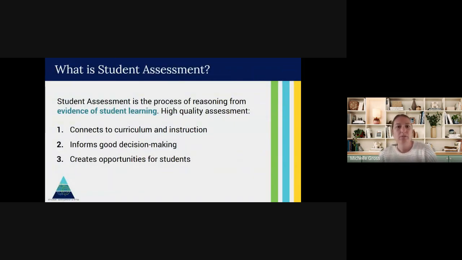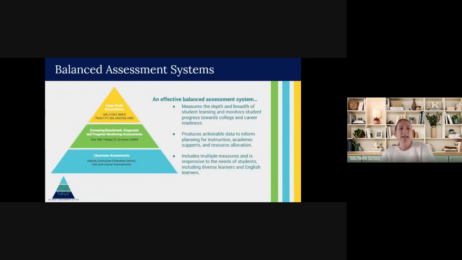So just a reminder of what student assessment is: the process of reasoning from evidence of student learning. We ensure that all high quality assessments connect to curriculum and instruction, inform good decision making, and create good opportunities for all students. Here is that balanced assessment system. Just noting the three different sections here, we've got our large scale assessments at the top, screening, benchmark, diagnostic, and progress monitoring assessments in the middle, and then classroom assessments at the bottom.